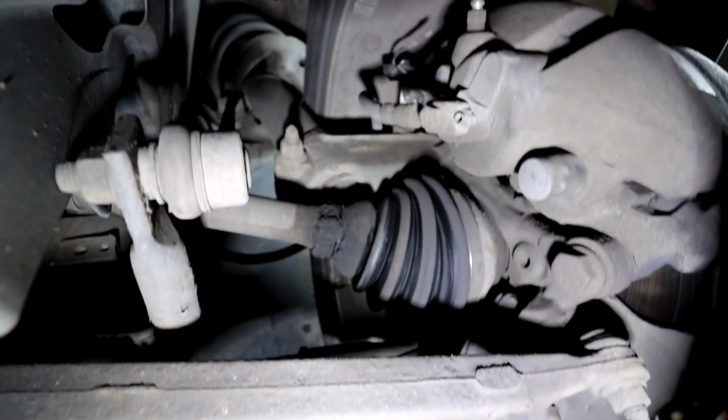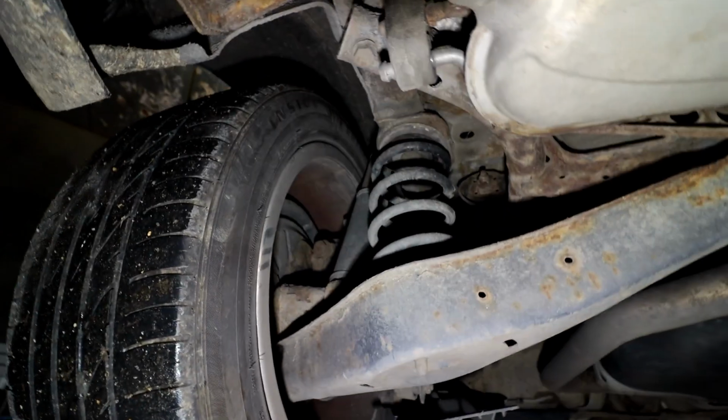So like I said, there's plenty of stuff, guys. I need to check this CV joint seal there, the boot, sorry. There's a bit of grease around, I need to have a look at that. But obviously the car currently would have definitely failed on that ball joint that's split there on the seal. And like I said, we're going to be looking at everything else as well. The calipers, the bags, the brakes, the pipes, check them for corrosion,